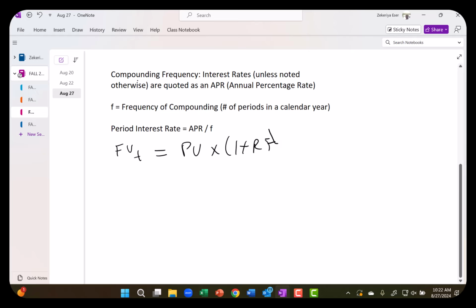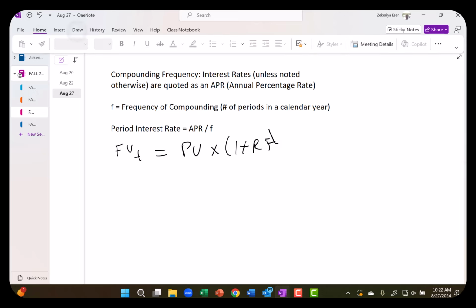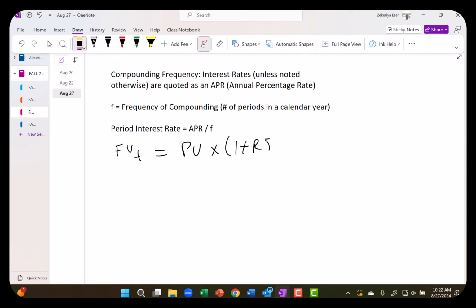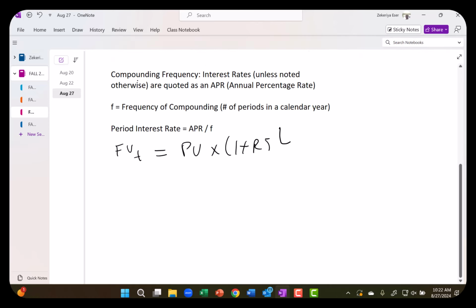For now, okay, something like that. Something wrong with my pen. If I solve that for T, for R,